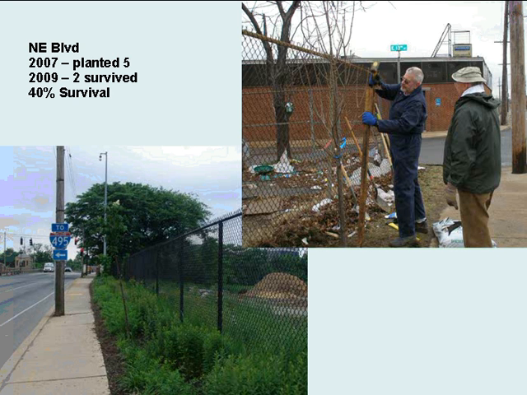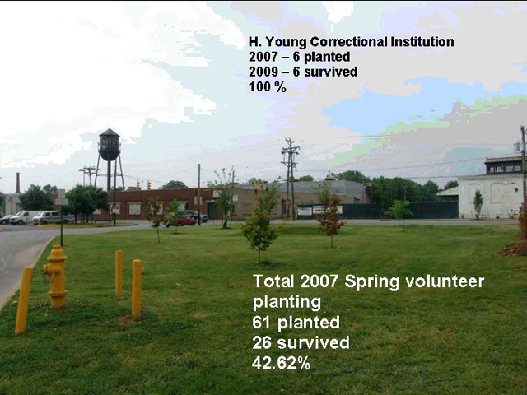This was the other area that we did, Northeast Boulevard. You can see by the before picture at the top right, it's an industrial area. It's like a main entrance into the city, a lot of pedestrian traffic. I think we also got a lot of vandalism along this way because we actually paid for watering. There was no easy way for volunteers to water this. So we did pay for watering, but it really didn't help out a lot when you have people damaging the trees.